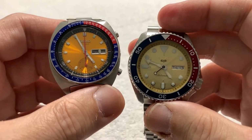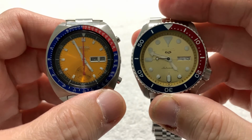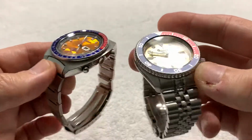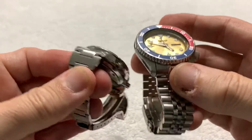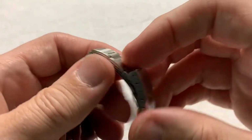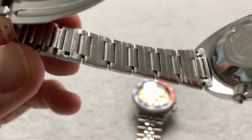You can also see that obviously the modern watch is bigger and a lot heavier, and bigger in every way. I mean, it's bigger diameter, it's bigger lug to lug, it's bigger lug width, bigger strap. The strap on this one, well, for one thing, the clasp is a single lock. It's a stamped lock, and it uses